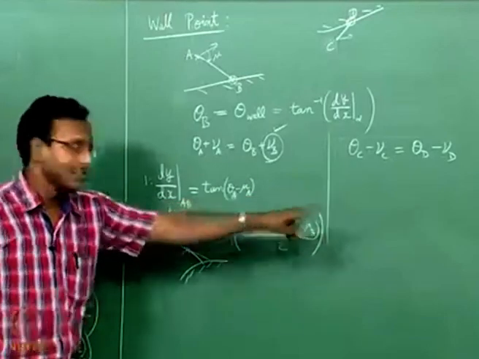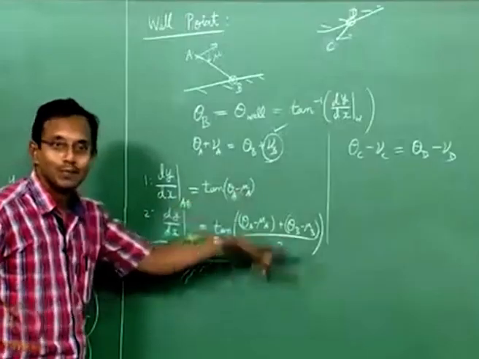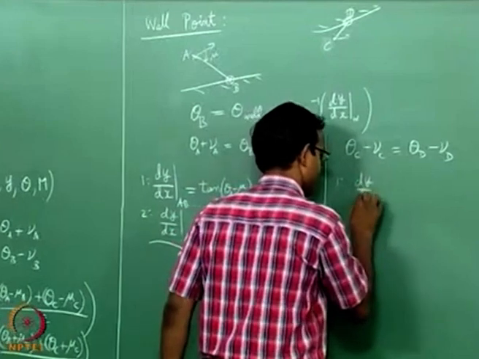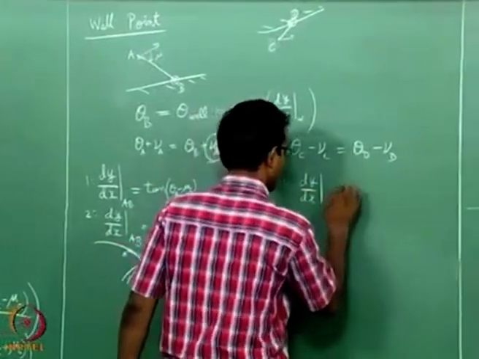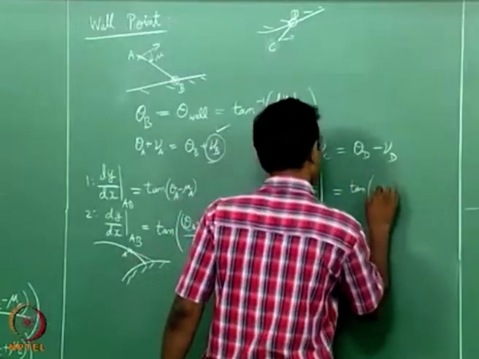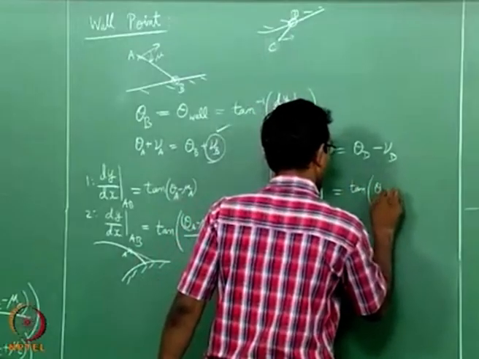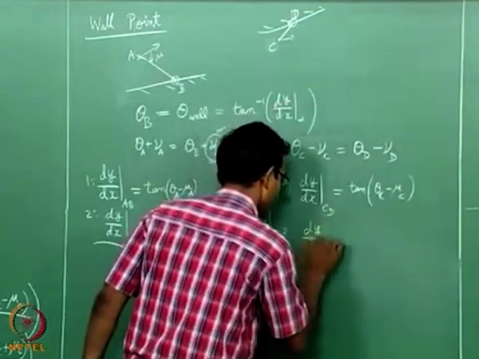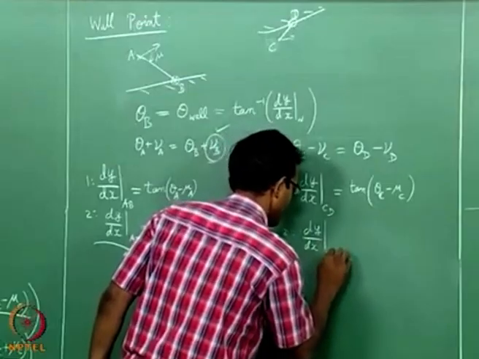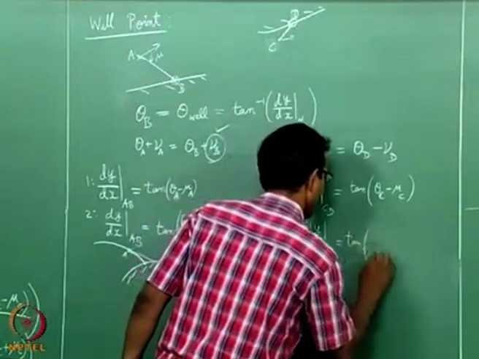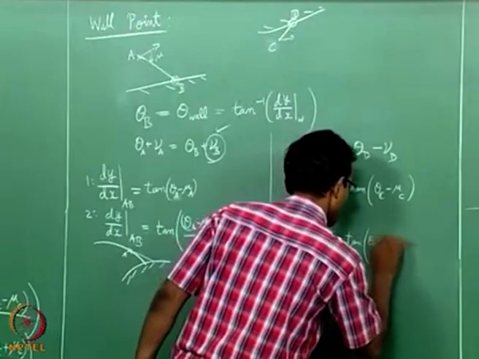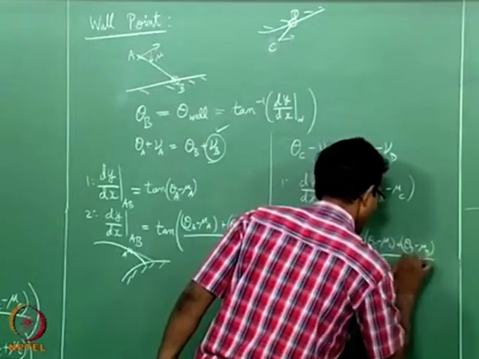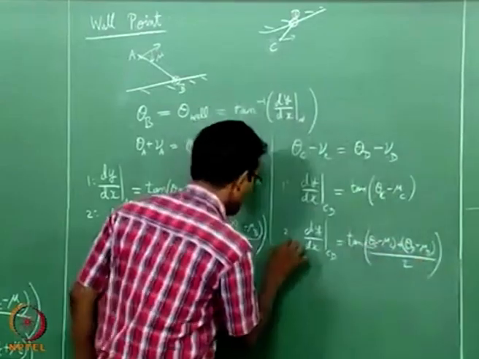Similar thing for that, it will be all this theta minus mu will become plus mu there. That is the only change. I will write here step 1, dy by dx for CD is equal to tan of theta c minus mu c, and for step 2, dy by dx of CD equal to tan of theta c minus mu c plus theta d minus mu d, whole divided by 2, an average of those two, and this one keeps cycling